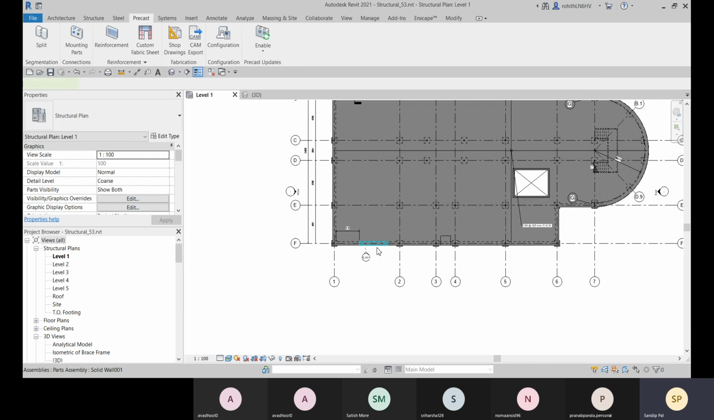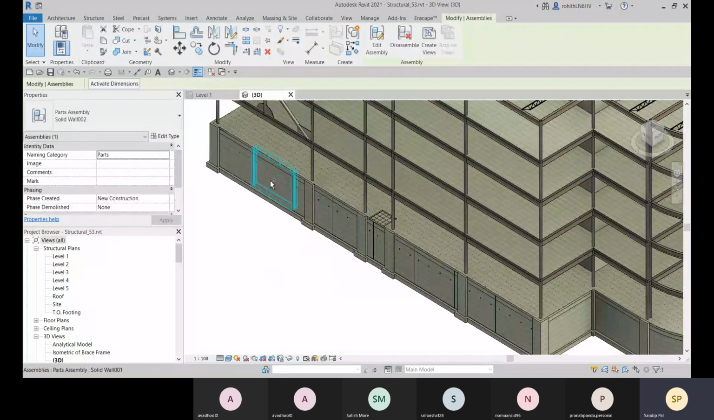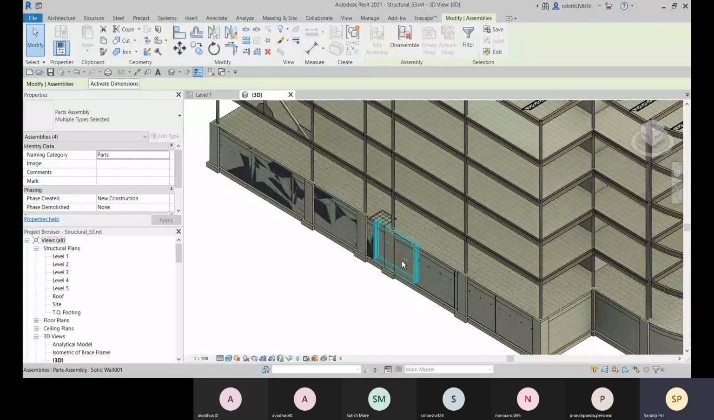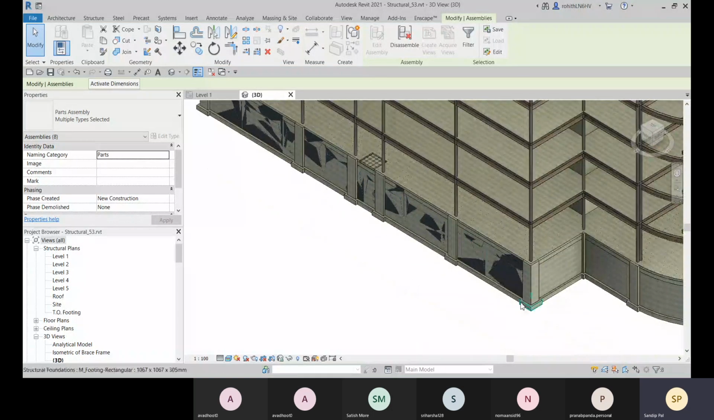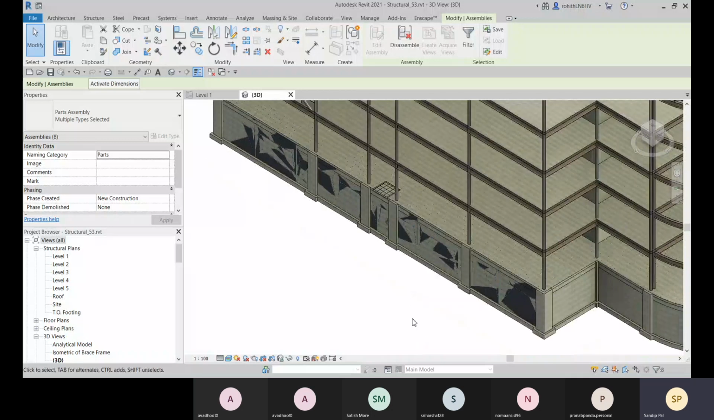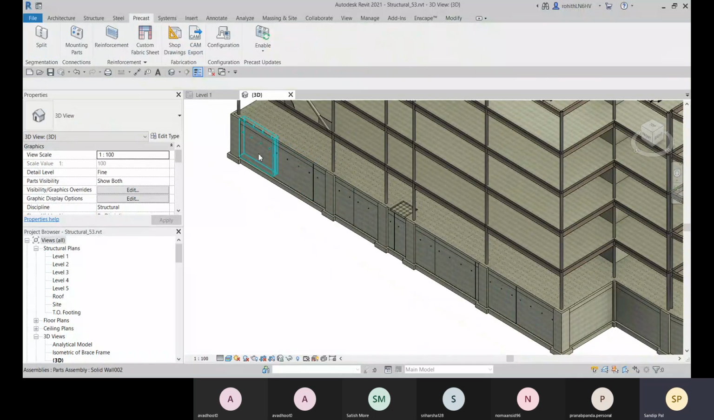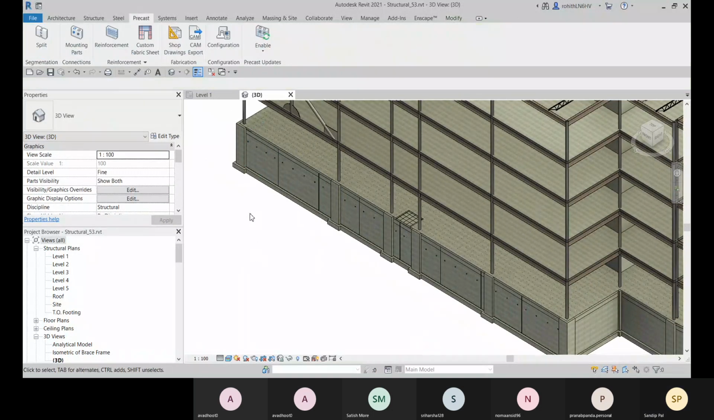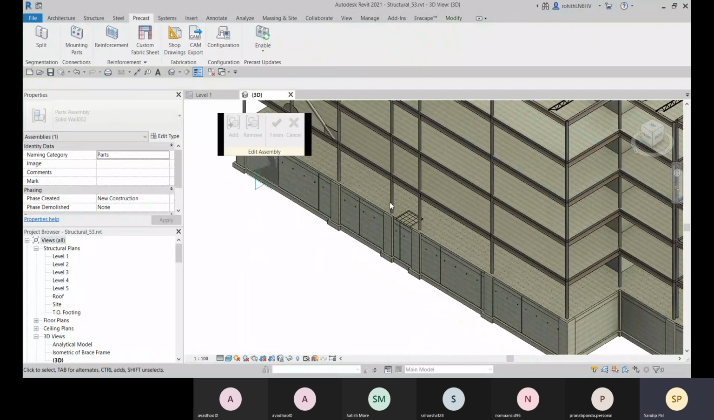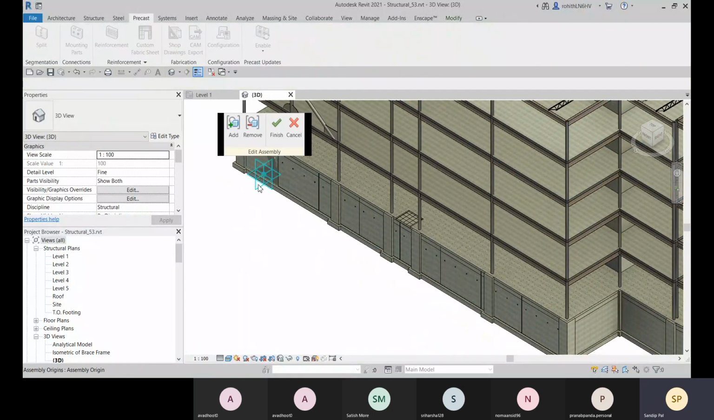Okay, and here you can see how many, like 1, 2, 3, 4, 5, 6, 7, and 8. 8 assemblies are created. Okay, and out of that, you can go for edit assembly, and if you want to add anything in this,